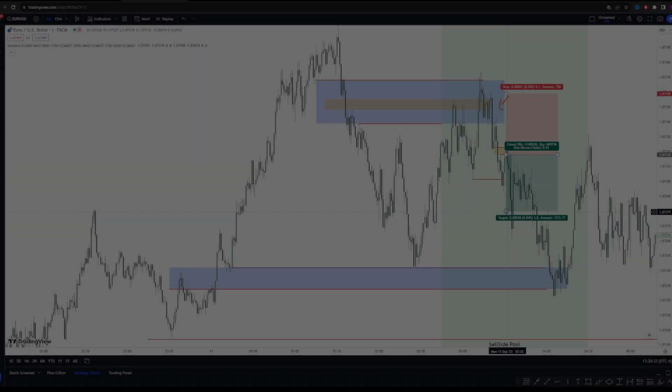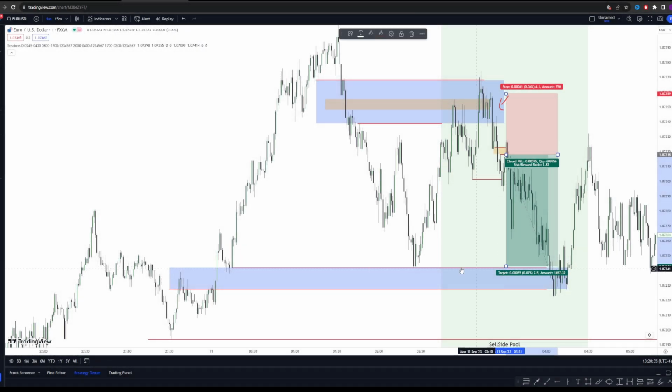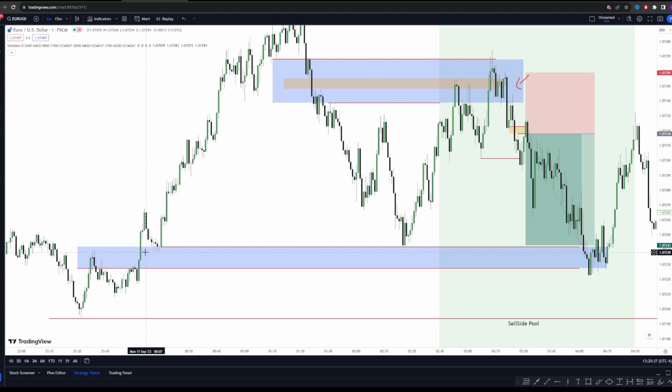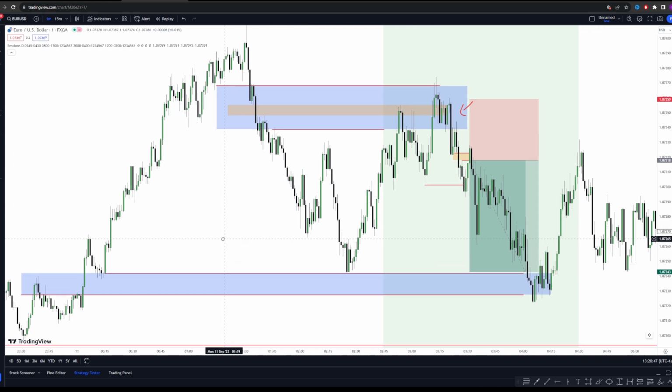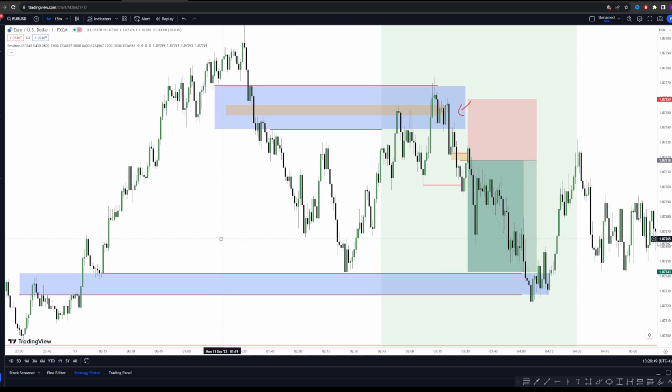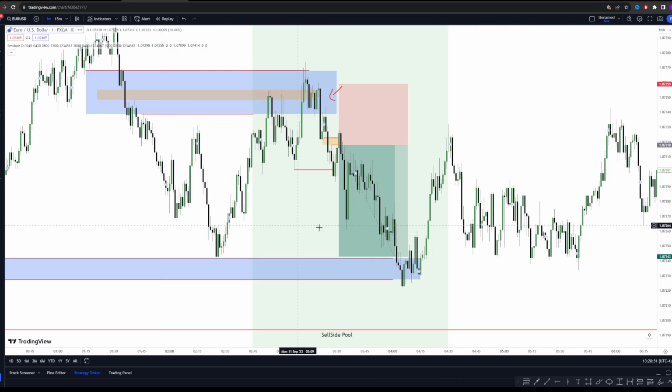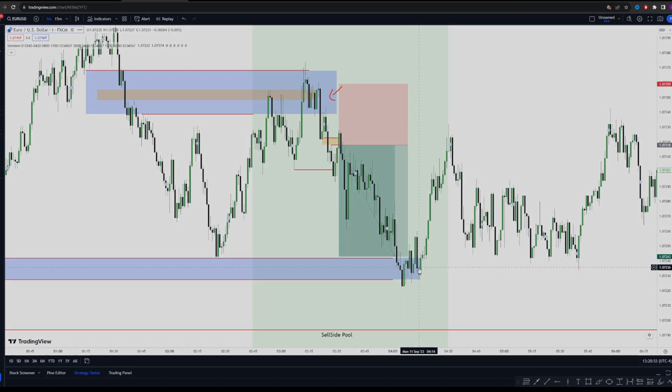And you can target the opposite fair value gap low that you see over here. This is the 15-minute higher time frame fair value gap that we saw on the 15-minute time frame to go long if the market traded into it. And you can see during our session that we do trade into it. We shift the market structure, but